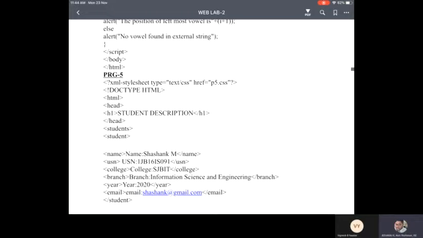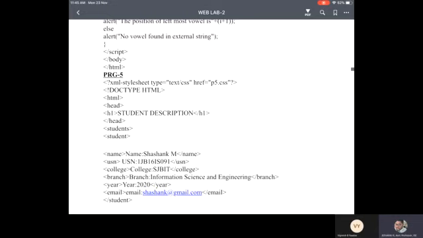Are you all getting? This is an easy program where they have told us to create an XML document and create a style sheet. There are 3 tasks in the fifth program. One is to create an XML document. Yes, we have created it. And you have to create a CSS tag, which should be external. Yes, we have done it with an external style sheet. And you have to enter a minimum of 3 students' data. What are the data? Name, USN, college, branch, year, email.